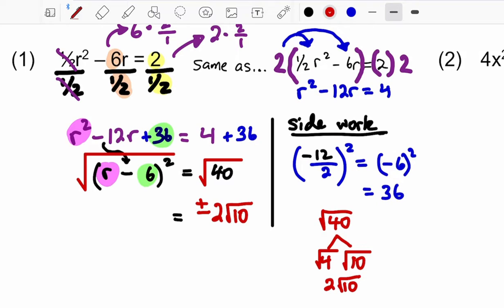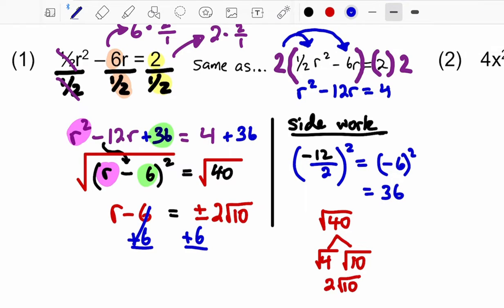On the left-hand side, it's just r minus 6 now, because the power of 2 and the radical work their way out. Once you've simplified your radical, it's actually, in my opinion, nicer to have an irrational answer, because there's less to do. We don't have to break it up into two separate equations. We can leave the plus or minus there. All I'd have to do is add the 6 to both sides. So plus 6,